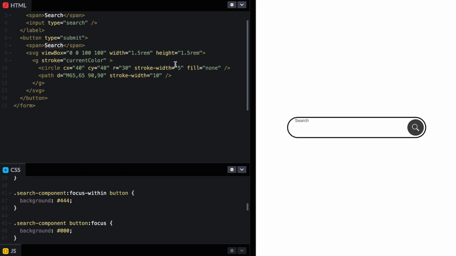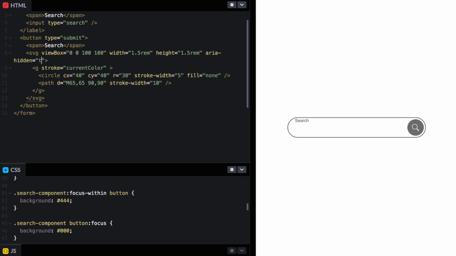And in the case of, we can say aria-hidden equals true here. So the image is hidden and they only read search. That way when they focus on the button, they only get announced the search and they don't get announced that there's an image inside. The image is just decorational in this case. Not decorational, it's giving some information, but it's the information that we're getting from the span. So now we have a really better looking